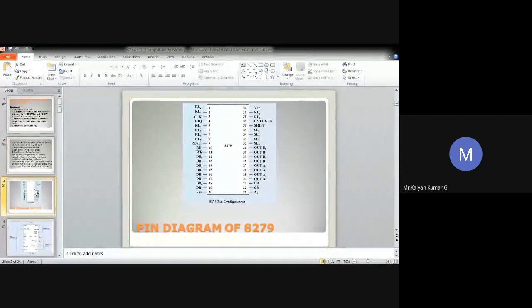Then we have output pins, two sets of output pins, in total four each: A0 to A3, and then B0 to B3. So these will be called output pins. Usually, as I said previously, we have a 16x8 display. Now this will be organized as two 16x4. Same here also, so we have two output ports for 16x4 display registers.